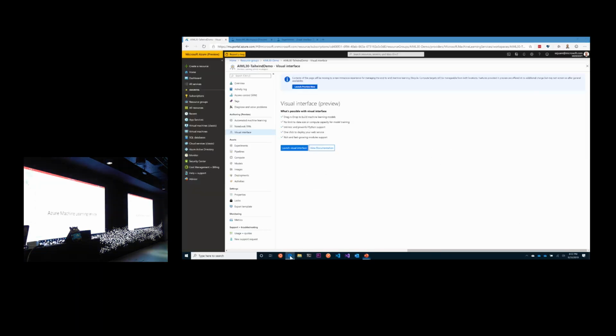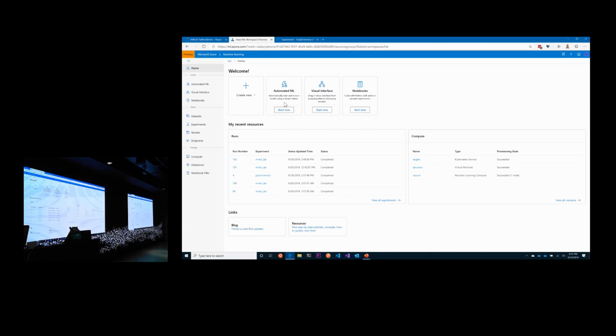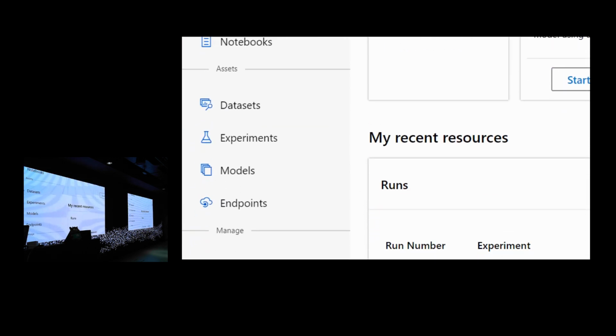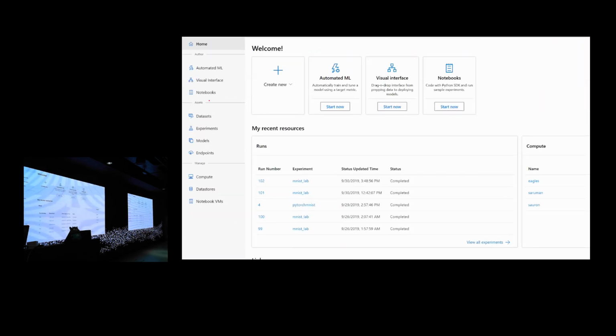Here is the new workspace. You saw the cool automated ML things. Now you can keep track of all of your data sets, experiments, models, and endpoints. You can have shared compute, data stores, and node VMs. So as you do your sciencing, you can output stuff and see what people did over the lifespan of all your machine learning among all of your coworkers.